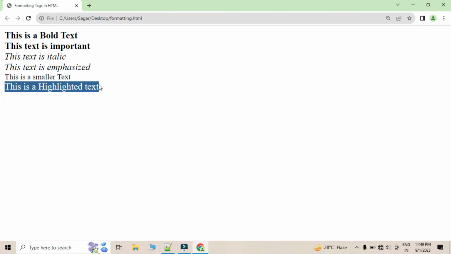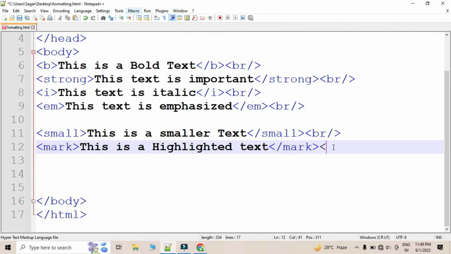Okay, so this is the output. This is a highlighted text. As you can see, the content which we write down inside the mark tag is highlighted or marked. Now the next